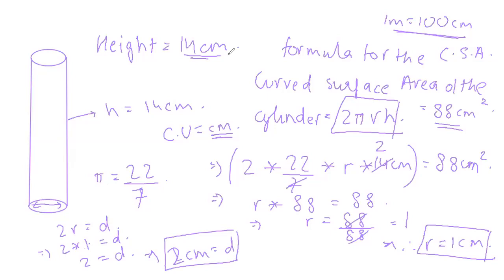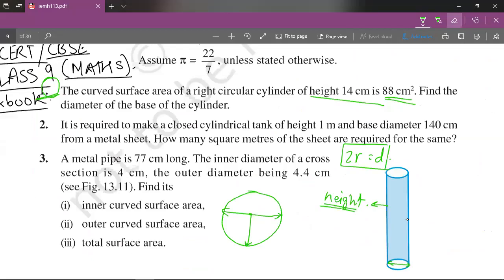And one more thing to you viewers, please do not attempt this question in haste or in hurry. Just analyze the question, repeat the question once or twice if you do not understand it, and then solve the question. Because if you have a race with your friends saying who will solve the question faster, your question will go completely wrong. Some people apply another formula for it, they misinterpret the question, and then the sum goes all wrong. Okay, so let's solve the next question. I'll rub all of this to provide extra space.